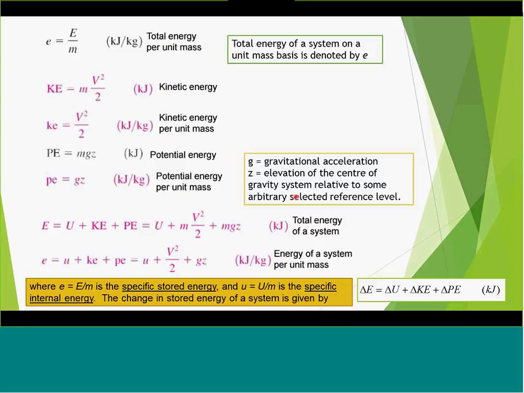The total energy of a system on a unit mass basis is denoted by italic e. Even though we are focusing on capital E as the total energy, when it is per unit mass the dimension changes. So E, the total energy, has the dimension of kilojoules. Then you have kinetic energy. As we know, the kinetic energy is